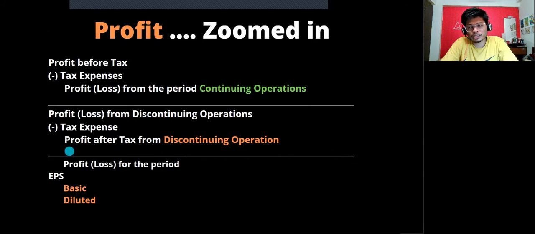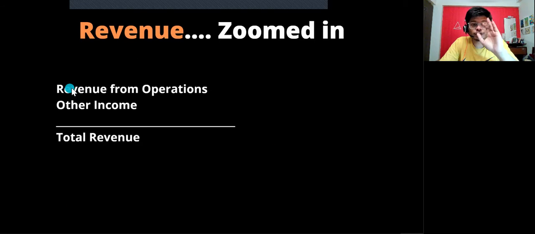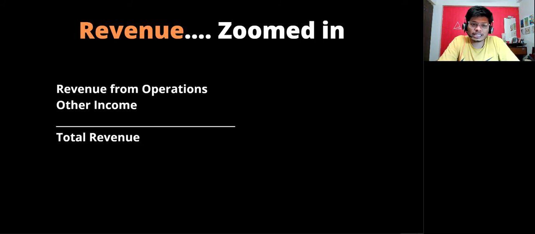Now, as the profit and loss account is done, I'll go into my revenue. So revenue is very simple. Revenue from operations and other income is equal to total revenue. Revenue from operations is basically the common revenue from operations. So your operations could be your sales. If you are a company that deals in trading and selling, then any money received from sales is revenue from operations. If you're from the service industry, any revenue received from your customer is revenue from operations.